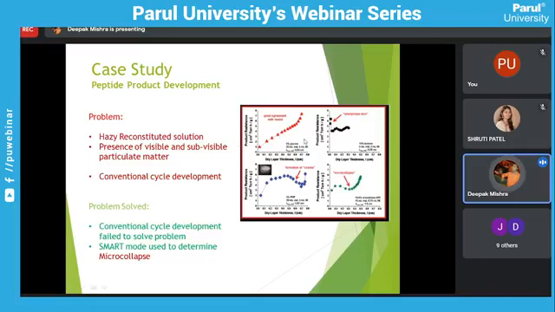On the basis of this SMART Lyo technology, I used it on my product, because conventional cycle development failed to solve this problem. I used this technology and found the problem was micro collapse. After finding that out, I selected the primary drying parameters and changed the cycle. On that basis my cycle was fully developed, the problem was resolved, and after reconstitution the hazy solution became clear. So this is the case study of my previous product.